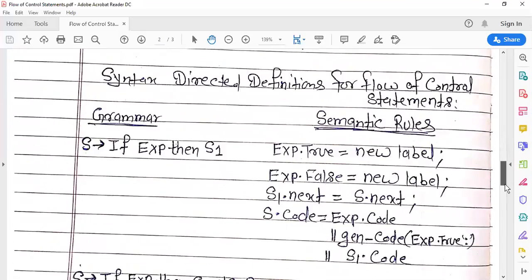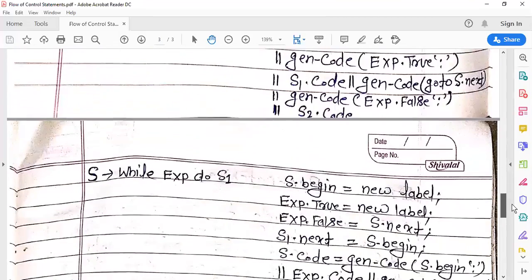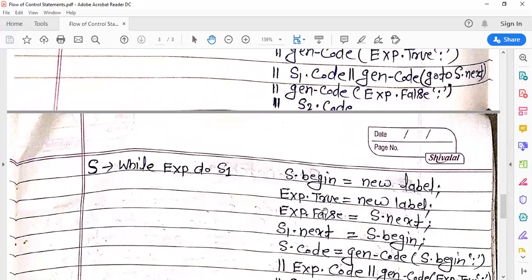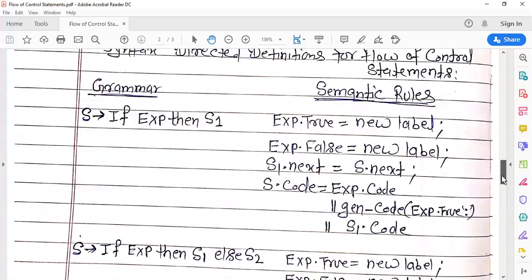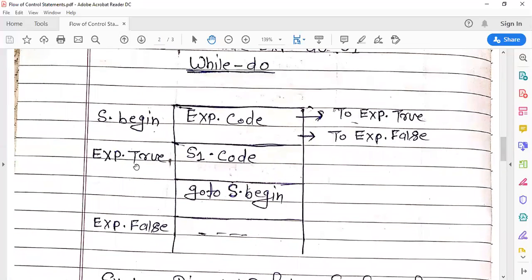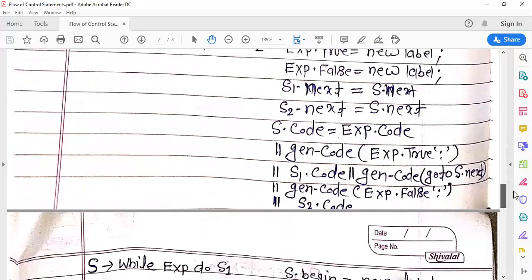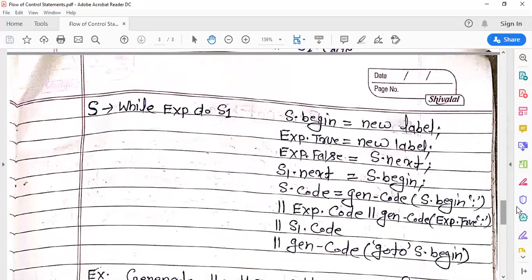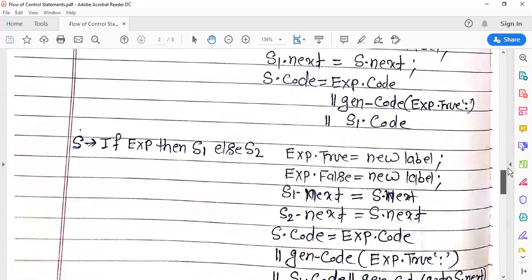You can see this in the semantic rule: S.begin new label, exp.true has a new label, and exp.false has a new label, and S1.next is equal to S.begin.